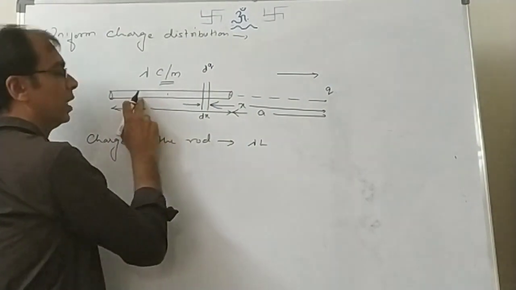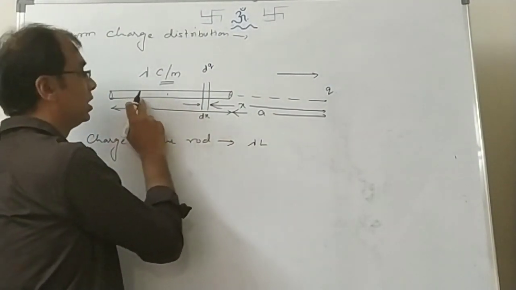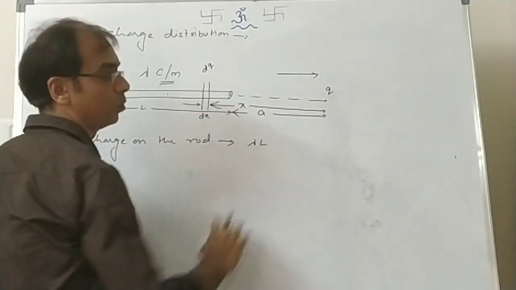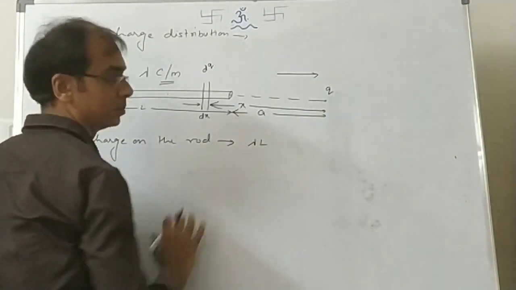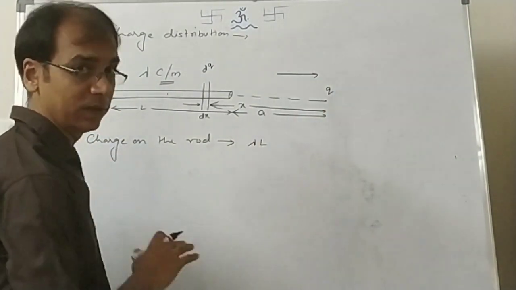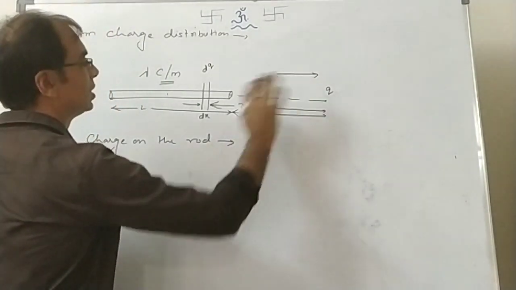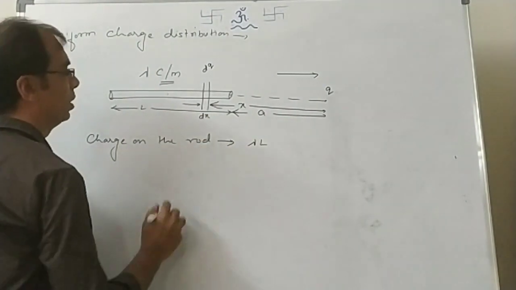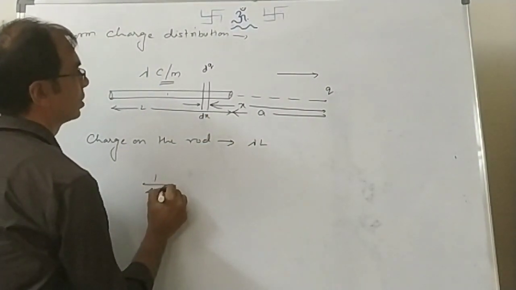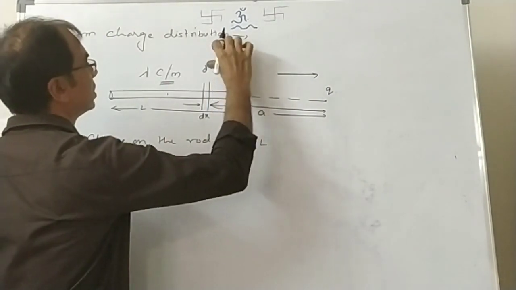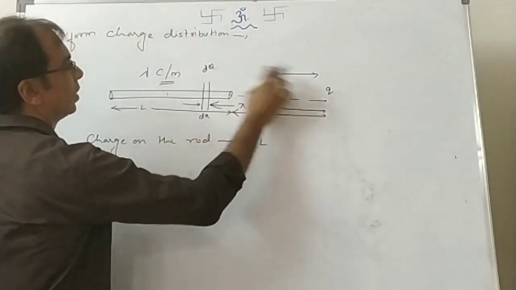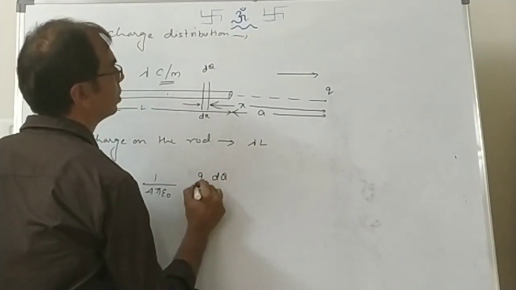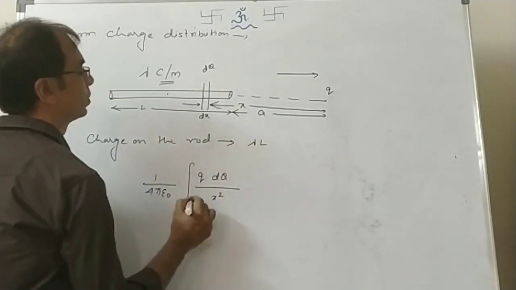Then a similar dq I can take here also. Correct? And this dq will have what kind of force on this q? Repulsive again. So we will just add all the forces because their direction is the same. If the direction is different, then again we can think about that. But at the moment the direction is the same, so we are going to add it. So let's see what is the force due to this one. It's 1 by 4 pi epsilon naught, and take this as dq because otherwise the same charges will be there. So q dq by x square and integration.